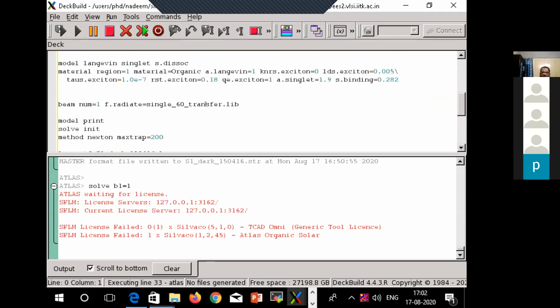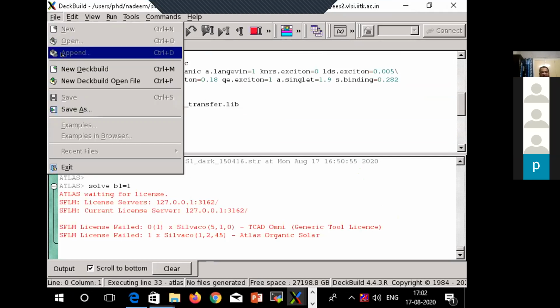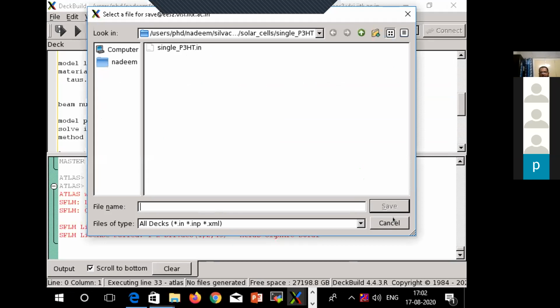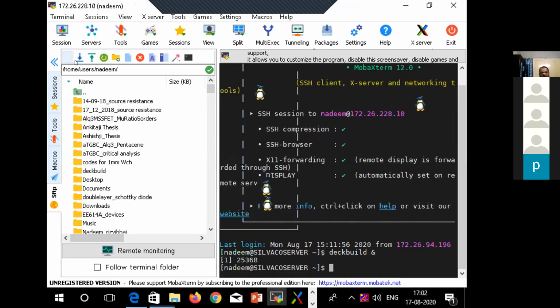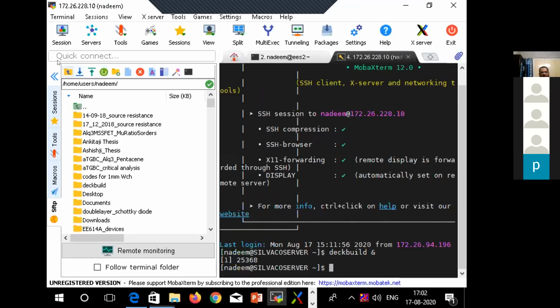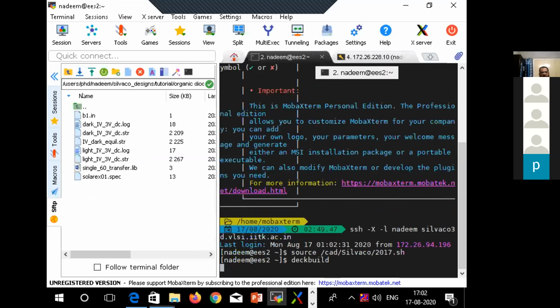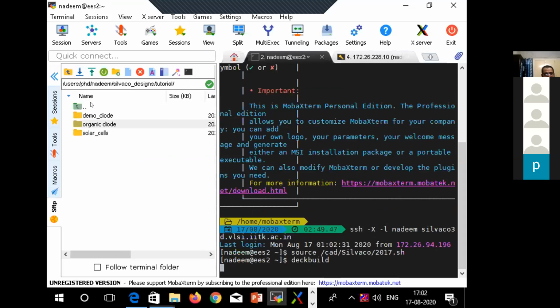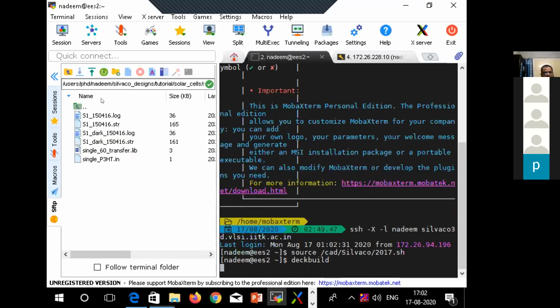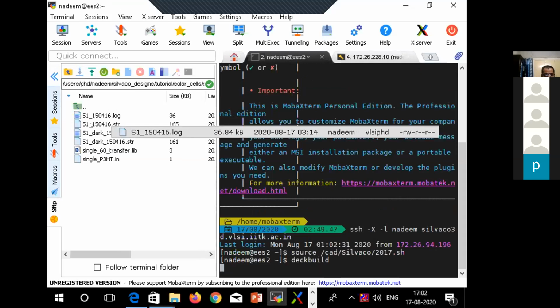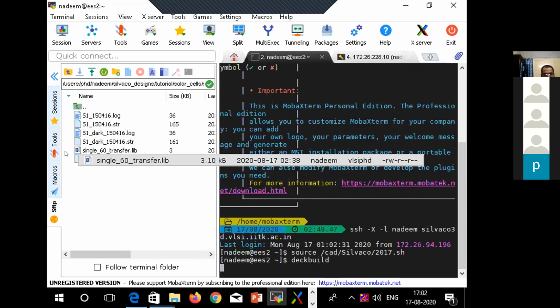Okay. So I have saved the file at a particular folder here. One additional thing I will show you before leaving. I have the MobaXterm software over here, and here I have saved my files. So these are some folders where I have the files. Right now I had shown you the solar cell here. So here also we are seeing all the files over there.